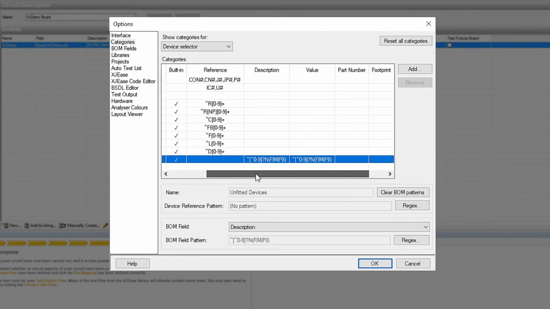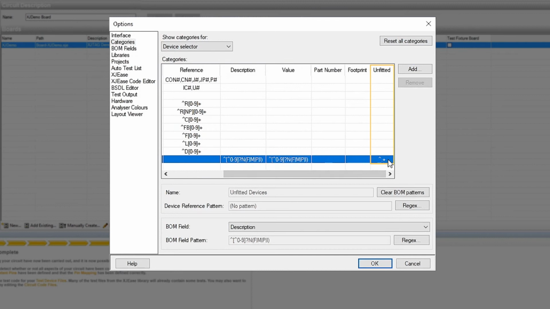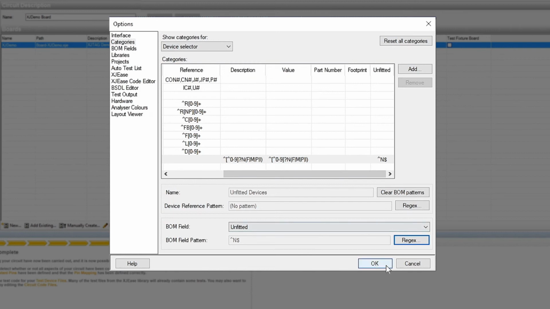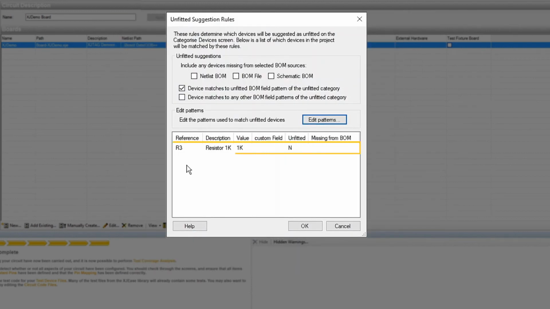This time you can't use the expression that searches for any text because the column has both N's and Y's. You're therefore going to have to change the search expression so that it looks for just an N. And finally, after you've clicked OK a couple of times, you can see that it has successfully picked out R3 from the BOM as not being fitted.